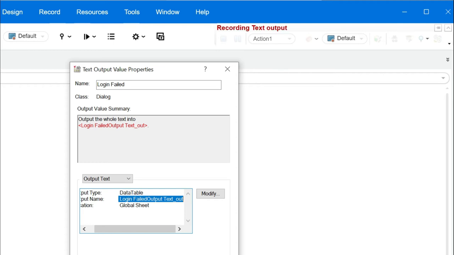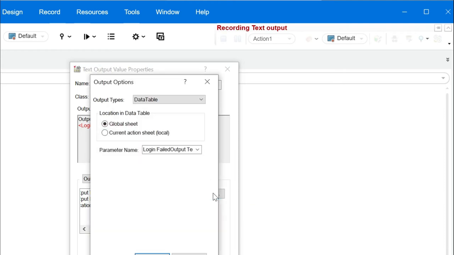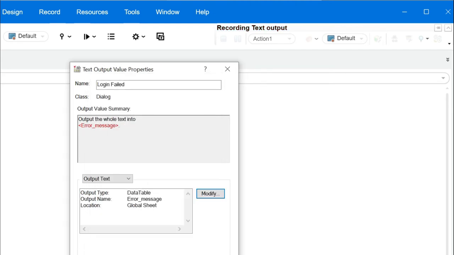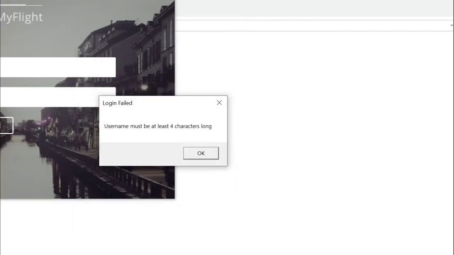the global sheet. So guys, it is indicating towards parameterization, because if you remember, in parameterization we gave data tables, column name, and it was stored in the global sheet. If you want to modify this column name because it's very lengthy, you can click on modify and here you can give the name of the column. So let's say here I'm saying error message. There should not be spaces in the column name because it is a column, so I'm putting an underscore in it. Click on OK, and here also I'll click on OK.